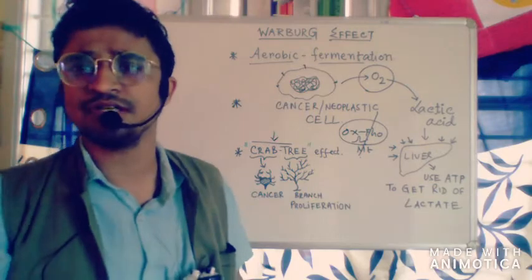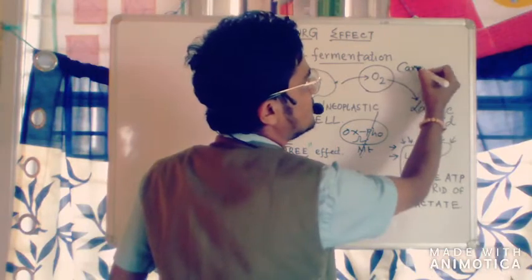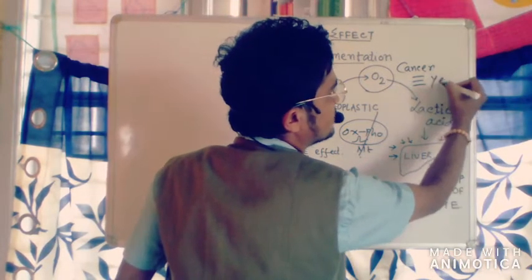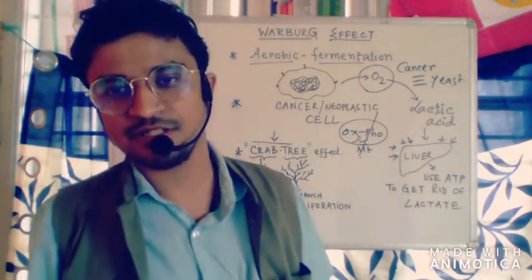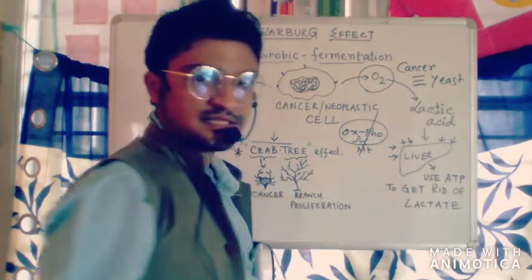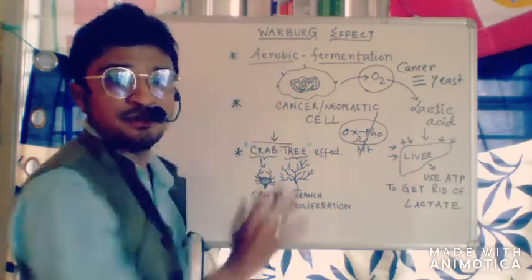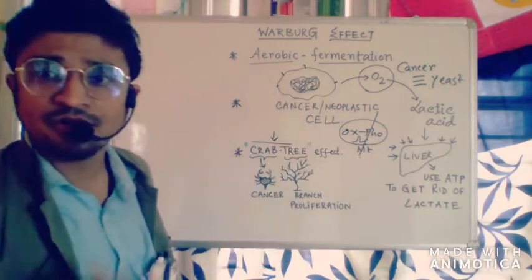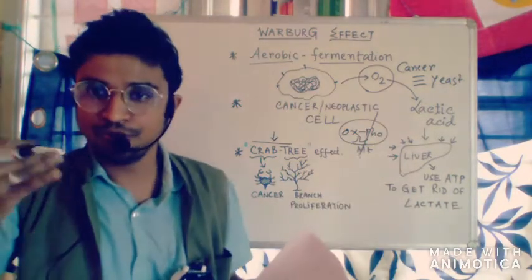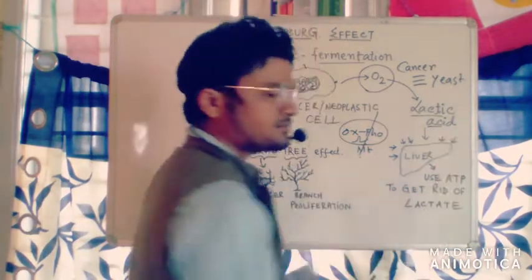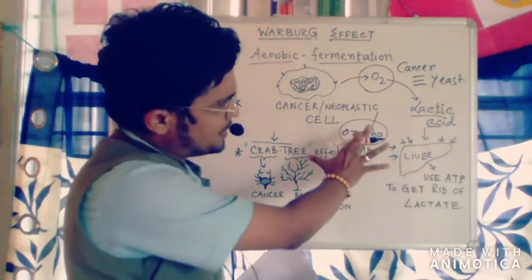It is very, very interesting, and that is why the cancer cell is said to be homologous to the yeast cell. So the cancer cell is somewhat similar to the yeast cell. They have done research on the Crabtree effect also in Saccharomyces cerevisiae. So the cancer cell and the yeast cell are very similar. Why is it very acidic in nature? In an aerobic state, meaning oxygen is present, they don't prefer the TCA or carboxylic acid cycle. Instead of TCA, they start fermentation. Due to the fermentation, they produce lactic acid. That is why the cancer cell turns acidic. Why this? This is because the mitochondria is damaged.